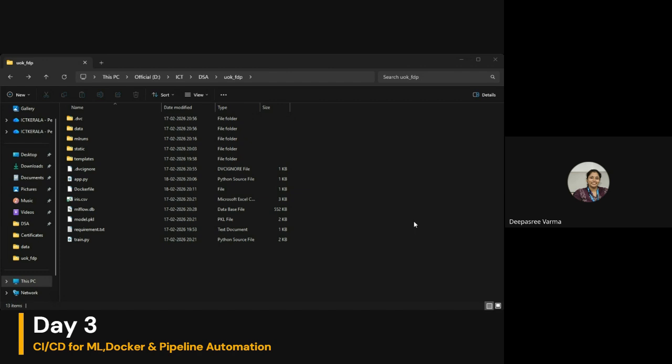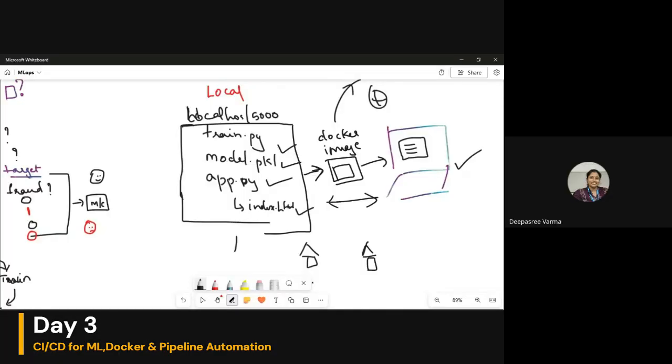I hope containerization is clear for all of you. The second part, as Sreekanth sir explained, is continuous integration and continuous deployment. Let me explain what we are going to do.